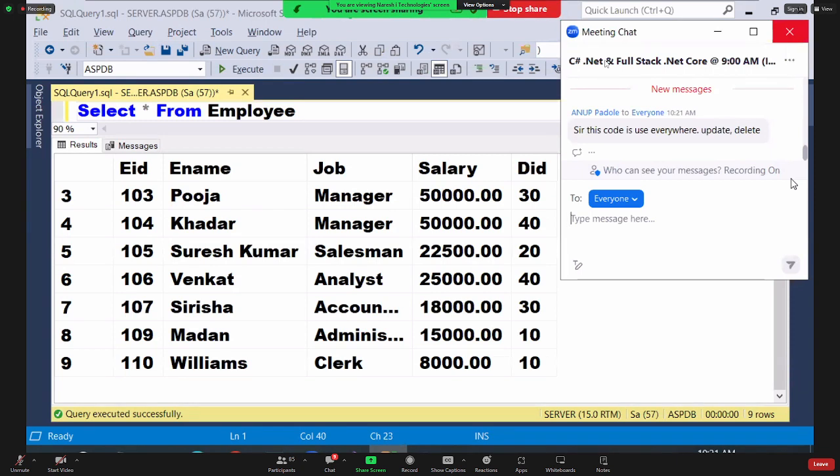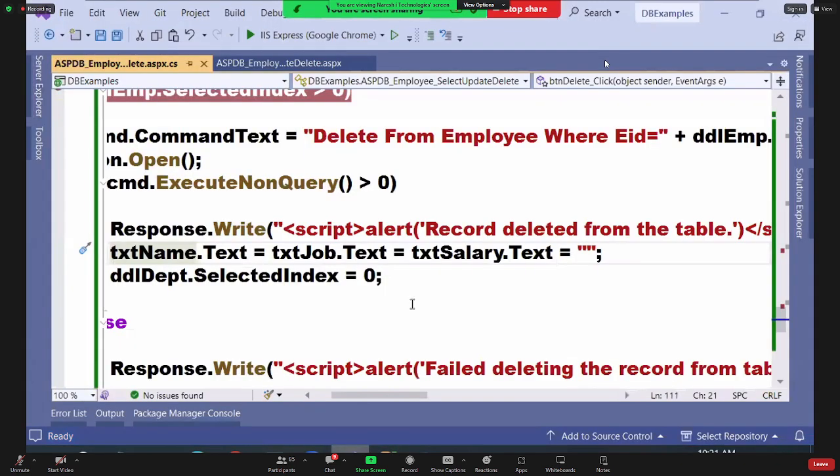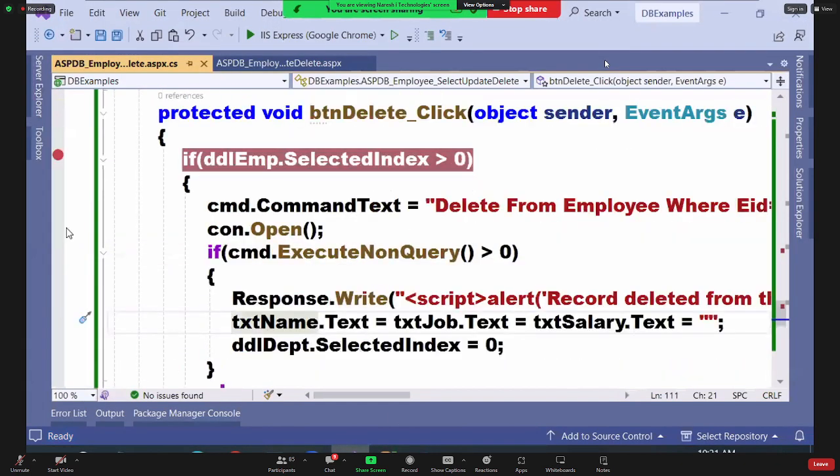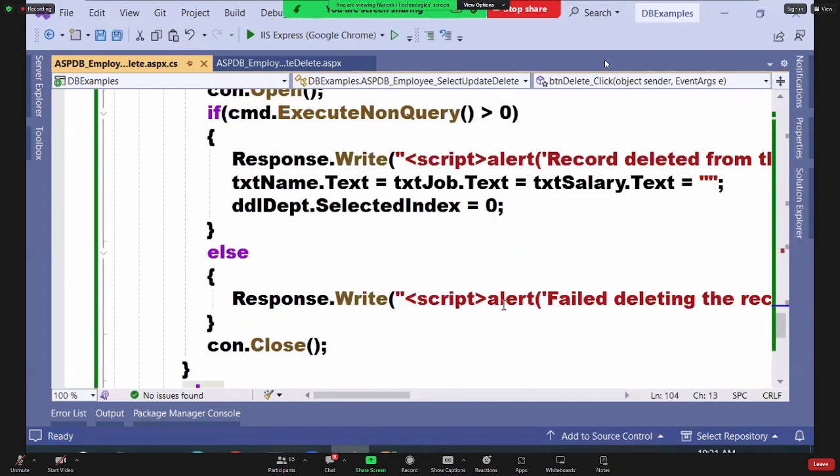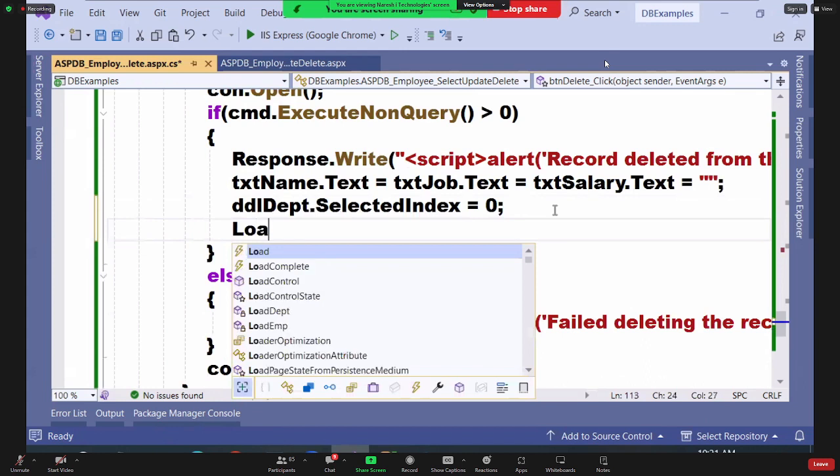I told you now, everywhere. What is everywhere? Update and delete code this is. Whenever you write update and delete, that is the same process. See, man, what I want to do, after clearing everything, I want to call